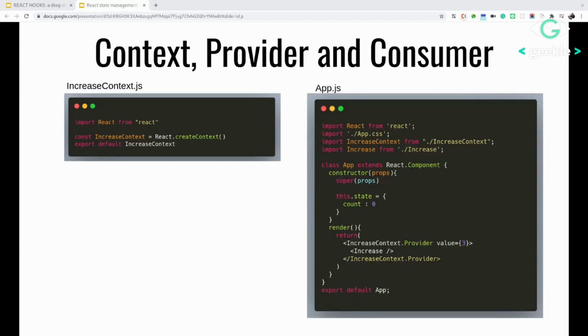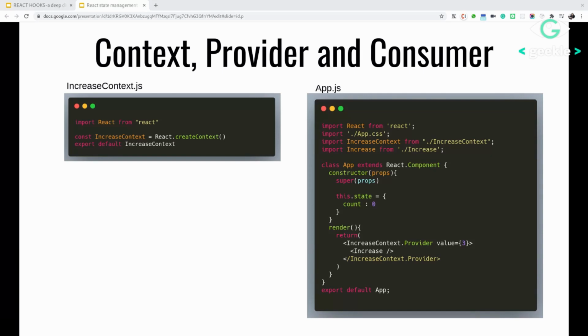Here our top level component is app.js, which is a class component having a state, count. In order to pass the value to any nested child component, we have to wrap the child component inside the context dot provider, and then pass on the value as an object inside the